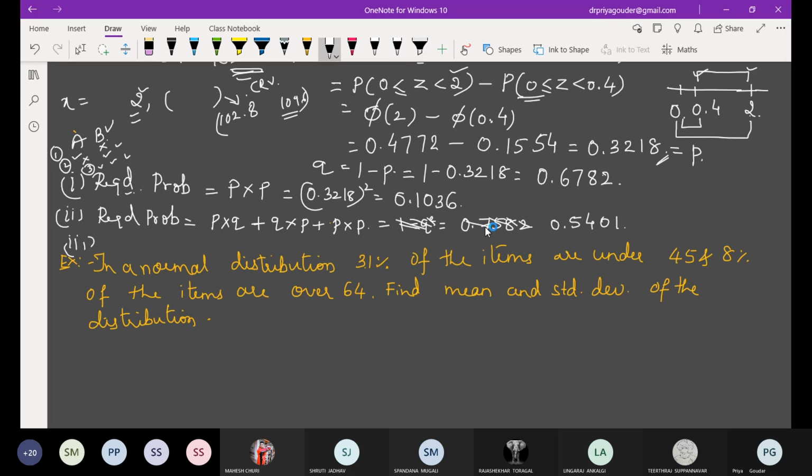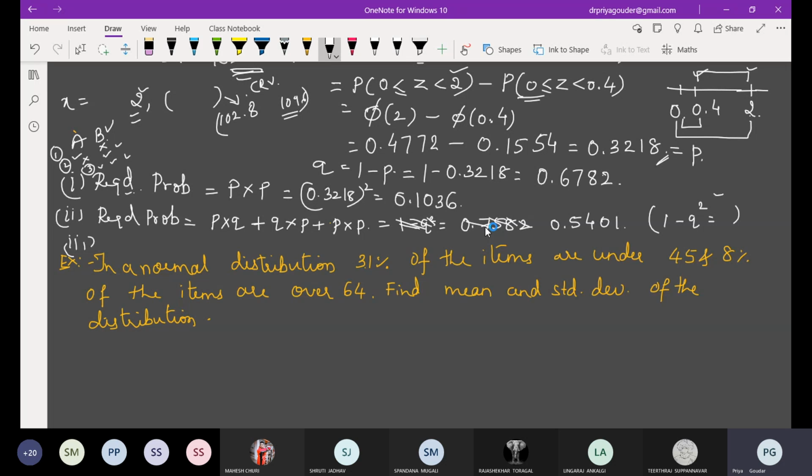Just check one thing. 1 minus q square is the same. Yes, 1 minus q square you can also take. See, there are four possibilities. You have taken three, so isn't it better if I take the fourth one and take it as a complement? That is how we used to do it for the table format with discrete values. I'm applying the same, so there also you'll get the same answer. Okay, take the last one.